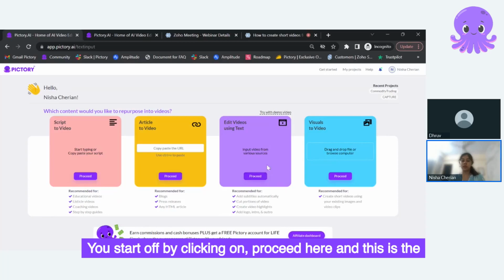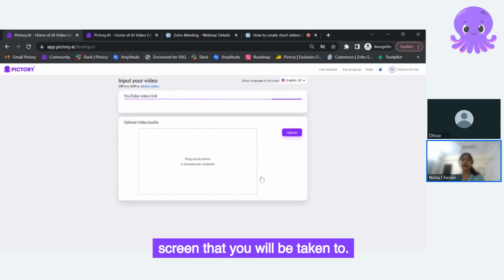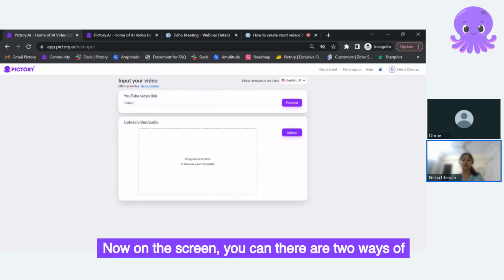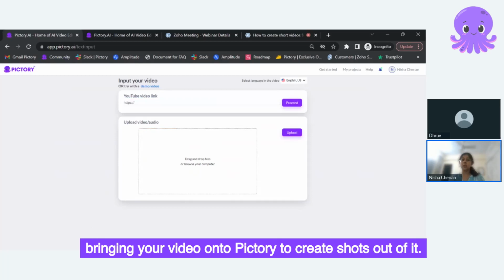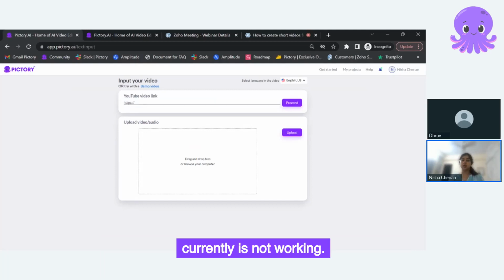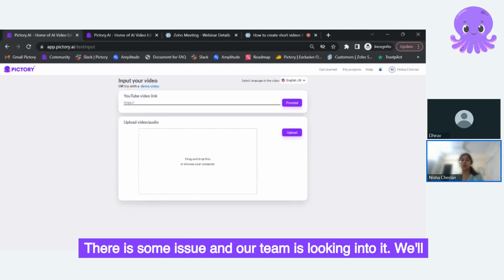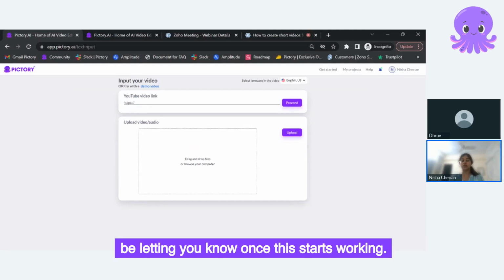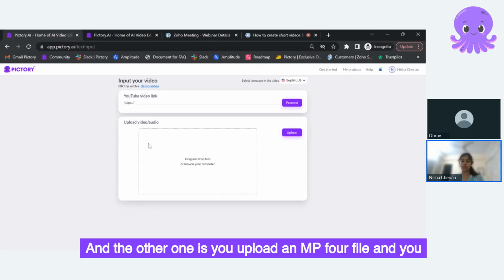You start off by clicking on, and this is the screen that you will be taken to. Now on the screen, there are two ways of bringing your video onto Pictory to create shorts out of it. The first one is a link directly from YouTube, which currently is not working. There is some issue and our team is looking into it. We'll be letting you know once this starts working. And the other one is you upload an MP4 file